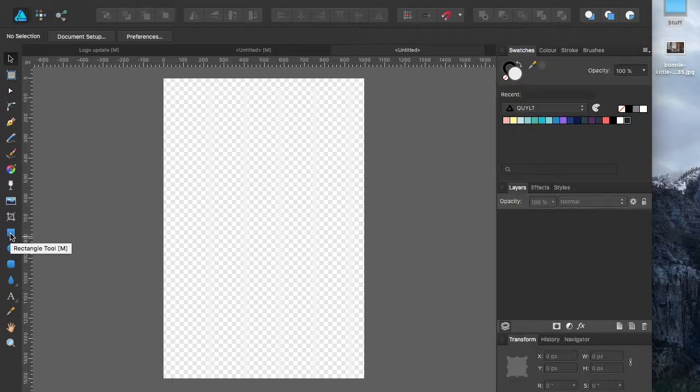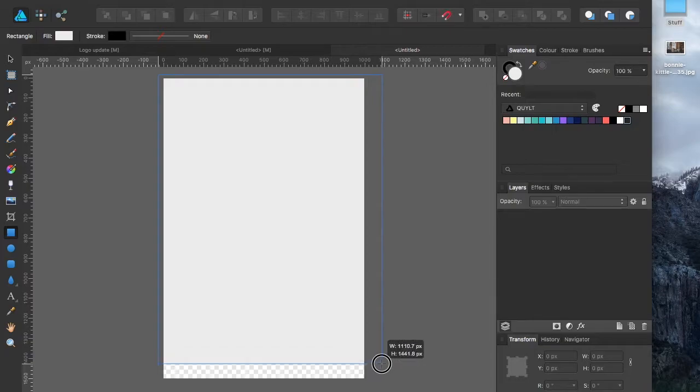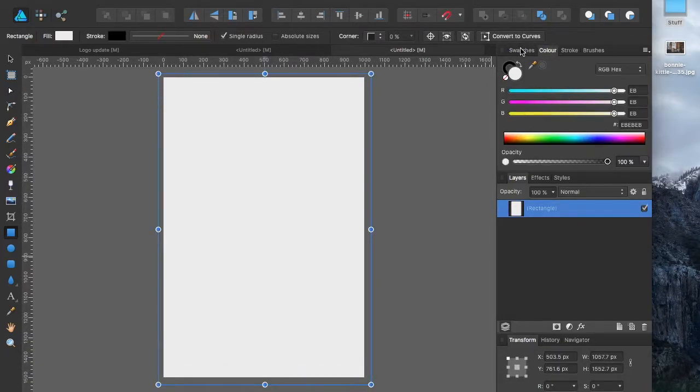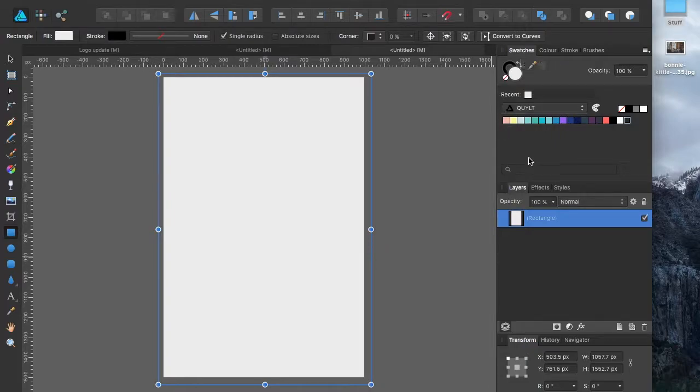First thing, you're going to want to go to the rectangle tool, click on that, and click and drag it. And then you go to the color section. I'm going to go to the swatches because I have my palette prepared already, and I'll pick this sort of coral here. Then click on the move tool,